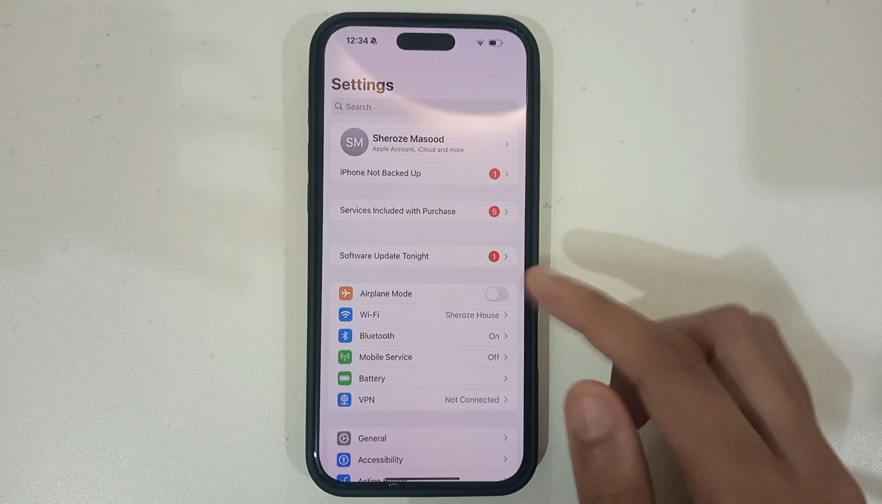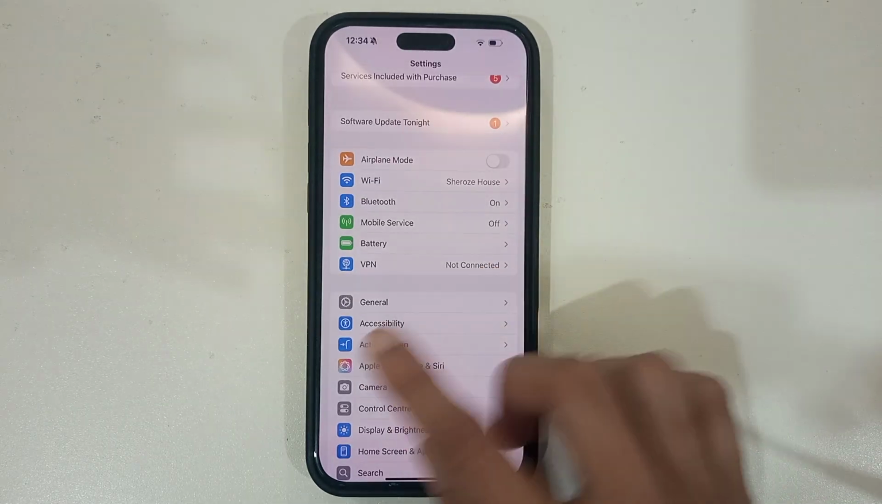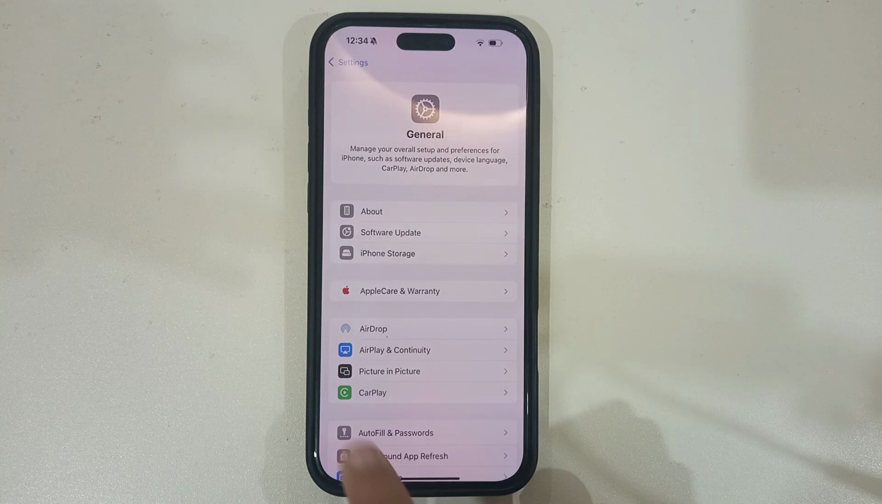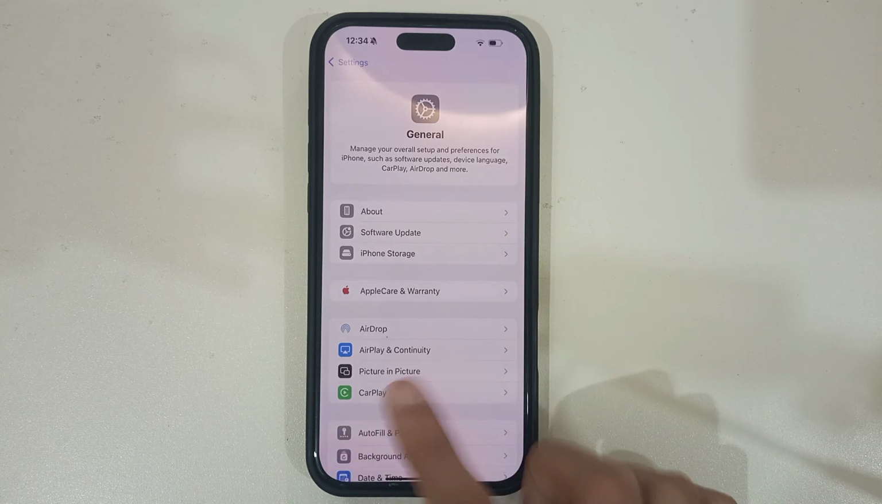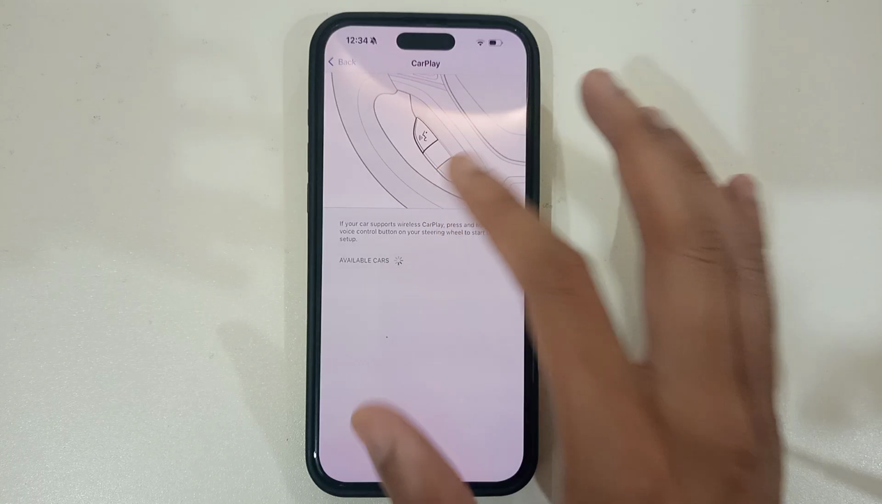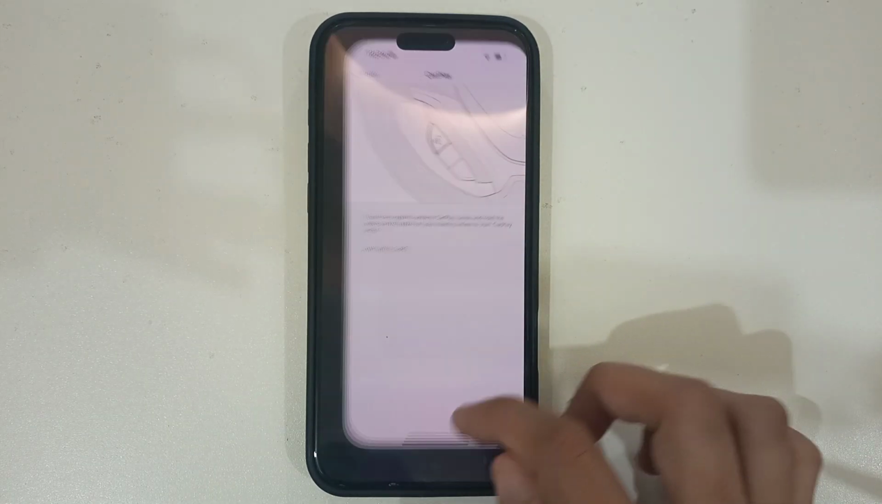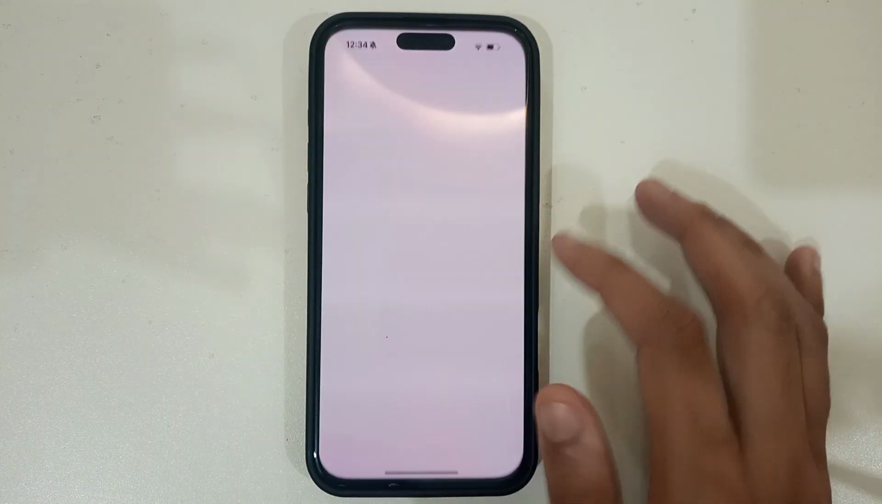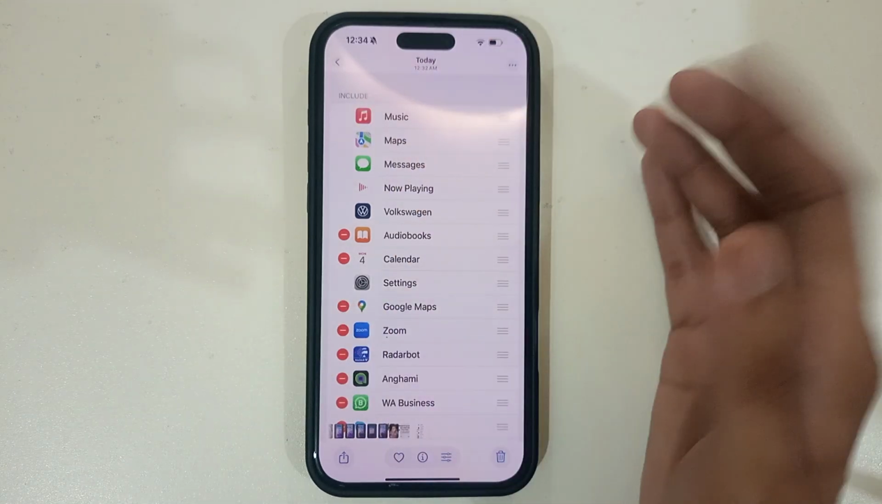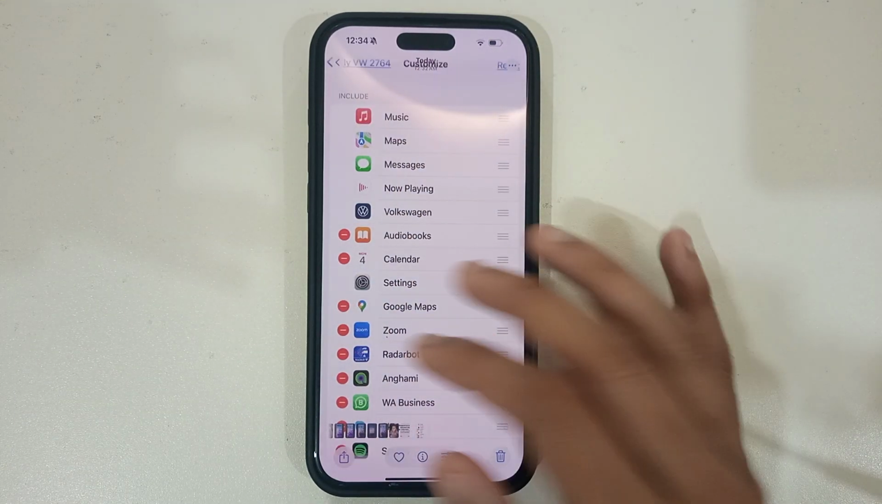What you need to do is go to Settings, and after going to Settings, as you see, there is a Journal option. Just go into the Journal option, and then there is a CarPlay option. Just tap on it, and here your car will be signed up, in which Apple CarPlay is installed. After doing this, a screen like this will come up, and from here you can add or delete the